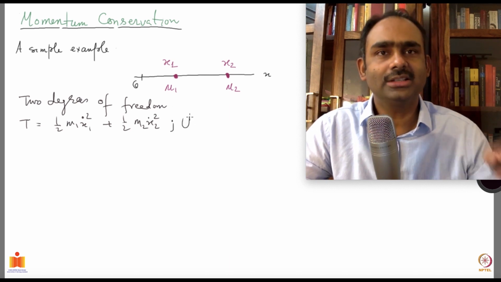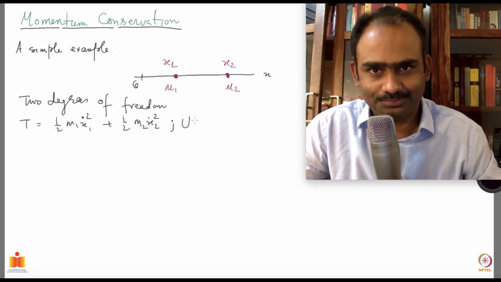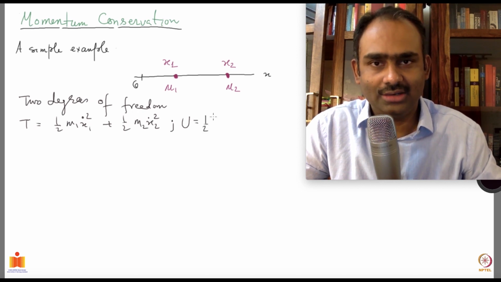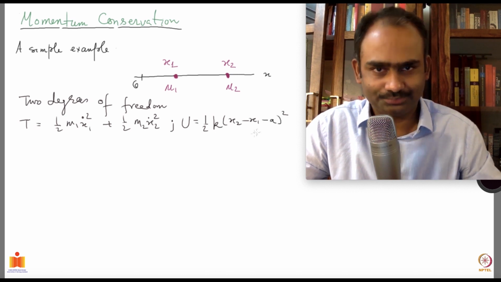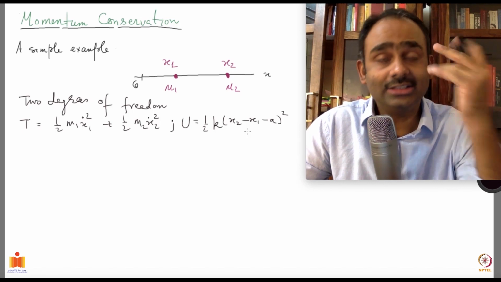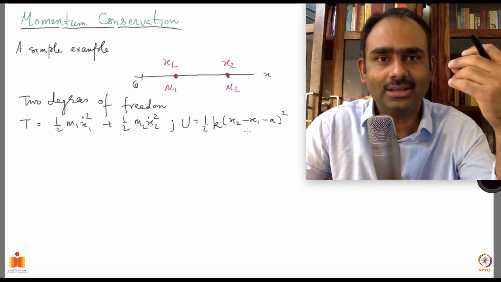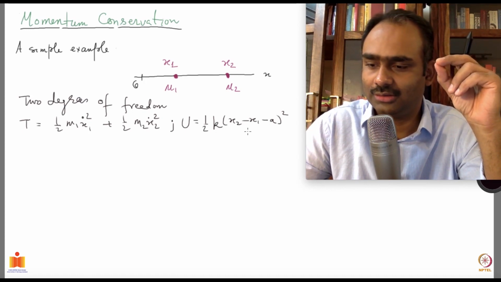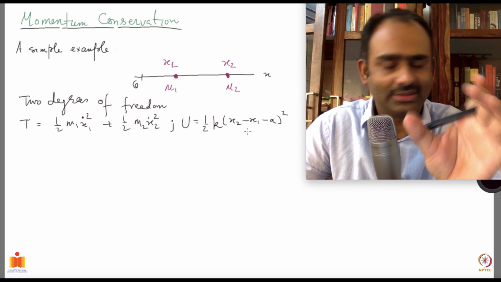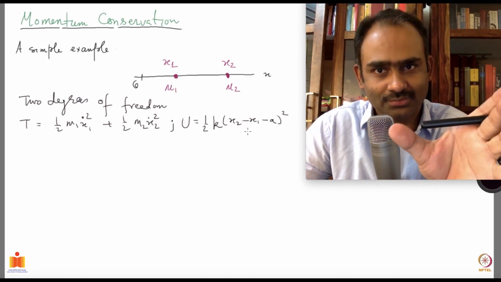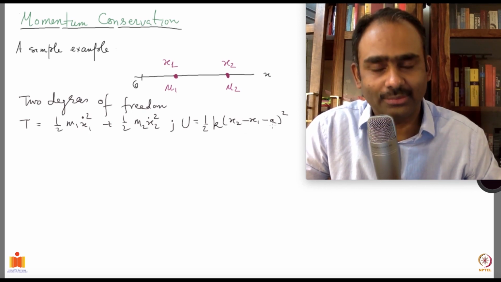And I choose a special kind of potential for this problem. I say that the potential is of the following form: half k (x2 minus x1 minus a) square. What I'm imagining is that these two particles are connected by a spring of constant k, and the unstretched length of the spring is a. So when the spring length is a, there is no force on either of the particles. The moment you stretch or compress, meaning x2 minus x1 becomes different from a, then there is a force,